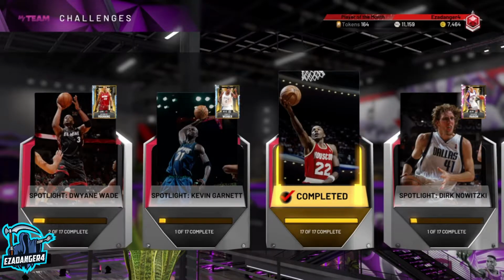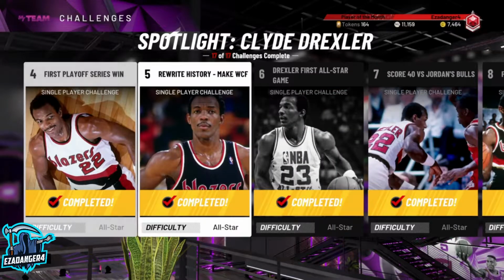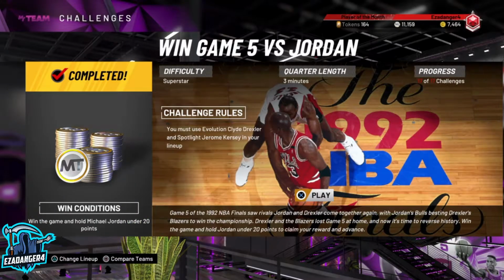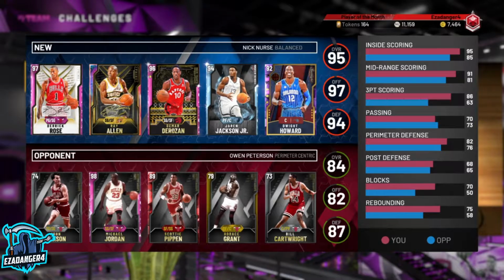To get the Diamond Steve Francis card, we need to complete the Clyde Drexler Spotlight Challenge, and this challenge, unlike the Kevin Garnett, Dirk Nowitzki, or Dwyane Wade challenges, is actually quite easy, with the hardest being challenge number 11, because you need to keep Jordan under 20 points. I consider this the hardest because here we have a pink diamond Jordan. Even though Jordan is the best player on this team, it was actually easy to win this challenge by just